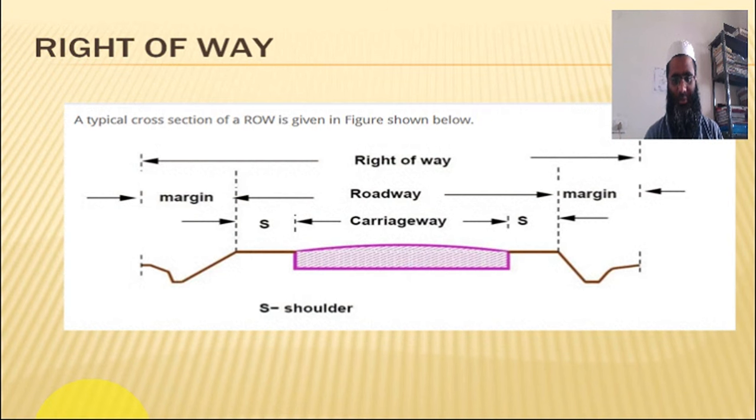Now next comes the right of way. Right of way is the stretch of land that is kept on either side of the road for its future expansion. Today we have, say, two lanes of road. Some years later, the amount of traffic may go up, so the carriageway becomes deficient in handling the volumes of traffic.